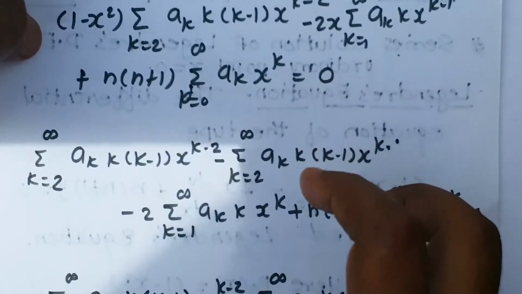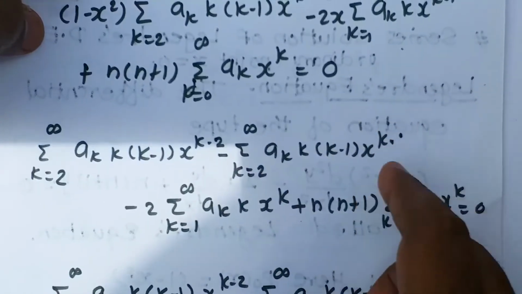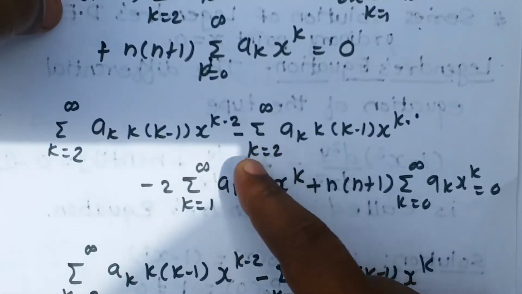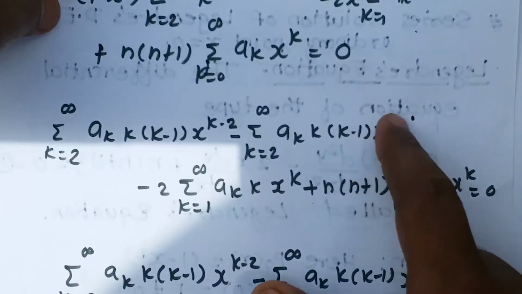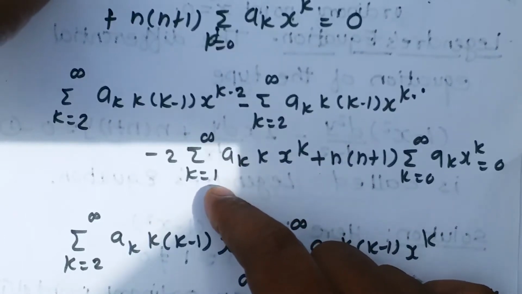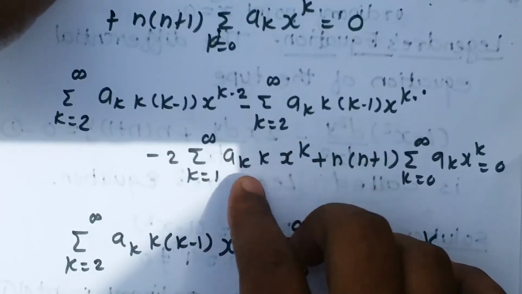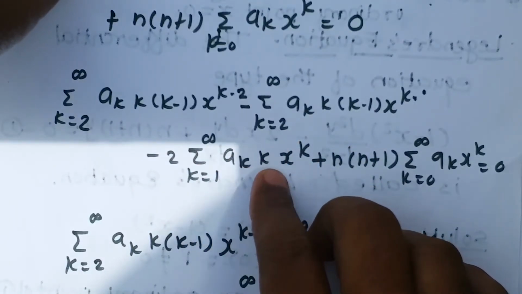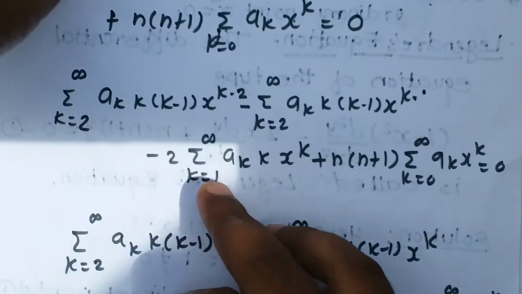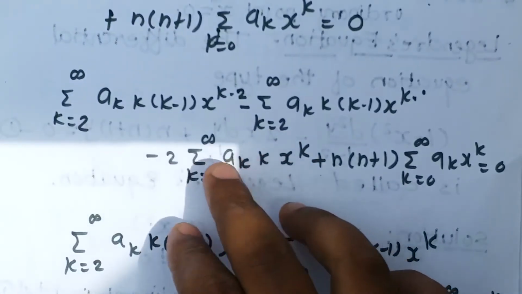Okay, all the series which are containing x raised to k we club together. Okay, ak x raised to k we can take common, and we make the range of all the series from 0 to infinity. Even though we are having range here 1 to infinity and 2 to infinity, if your series contain x raised to k, that series you can write from 0 to infinity, because even if you start your range from 0 to infinity, for this series it will not affect the value of the series, because if you start from 0, here already we are having k, so when you put k equal to 0, we'll get 0 only, right? And when you put k equal to 1, you will get your actual series. Means even if we start from 0, we are going to add 0 in that series, that's it.